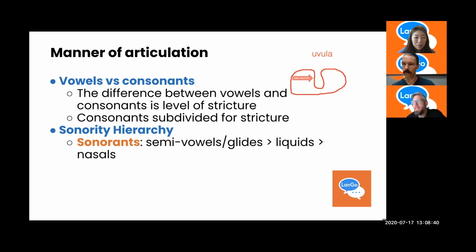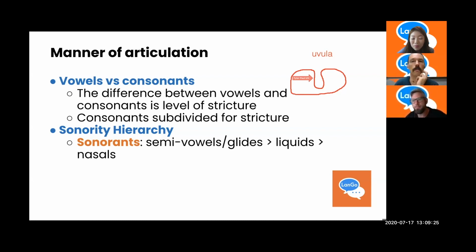So there are two major groups of consonants within the sonority hierarchy. The first is the sonorants, which are higher in sonority. Thus, they are more like vowels, right? So the most sonorous, the most like vowels of all consonants, is semivowels, also called glides. That shouldn't be surprising. They're semivowels, so of course they're close to vowels. A glide is a sound like Y or W. To put them between vowels, the semivowel between vowels is a wa and a ya.